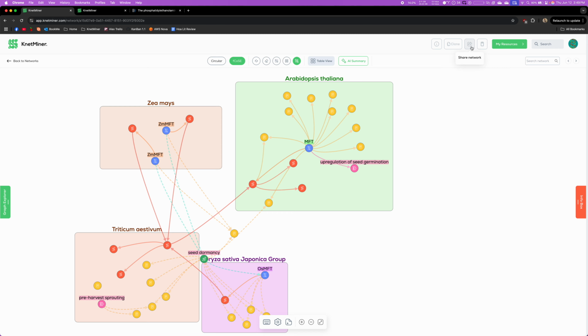Saving your network: everything that you've got will be saved into your network space, including your AI summaries that you've created and how you've manipulated the graph. How you can save it is right here at the top. I can click the save button,